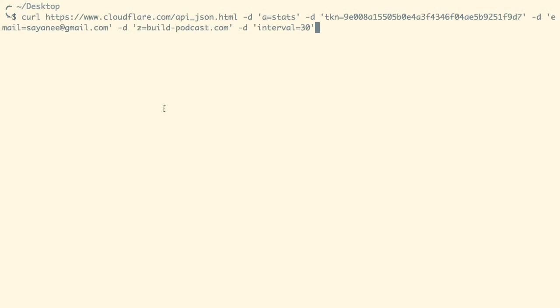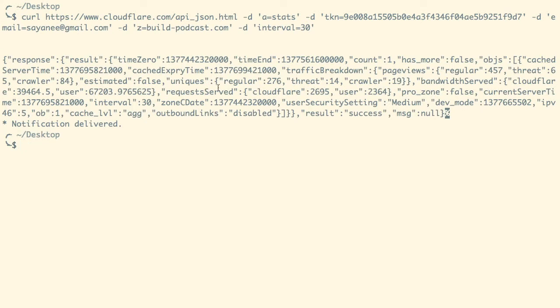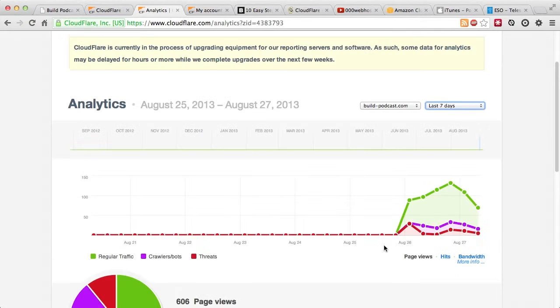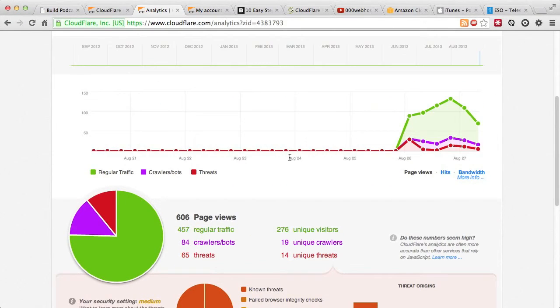So I'll come back here and curl this page with certain query parameters. And there you go. After quite a bit of time, the API has yielded some results. And if we dive in a little bit, you will see that the regular counts were 276, threat 14, and crawler 19. And this basically matches the analytics numbers that we see right here. So the Cloudflare API can be really useful to either query certain stats or even post a change in the DNS